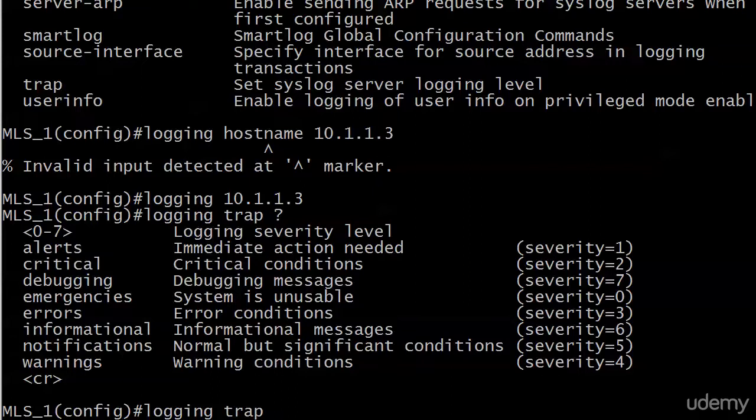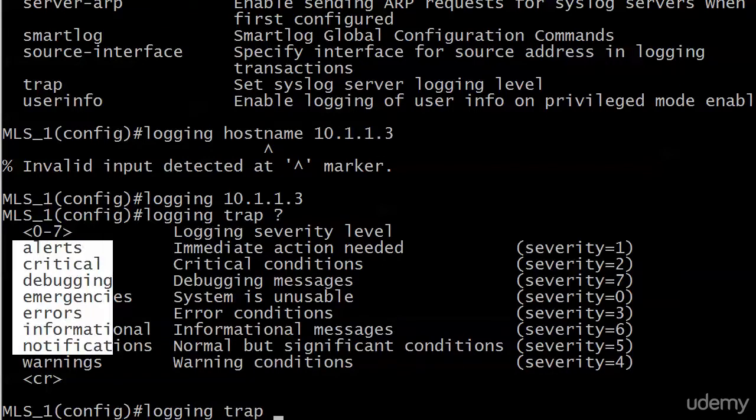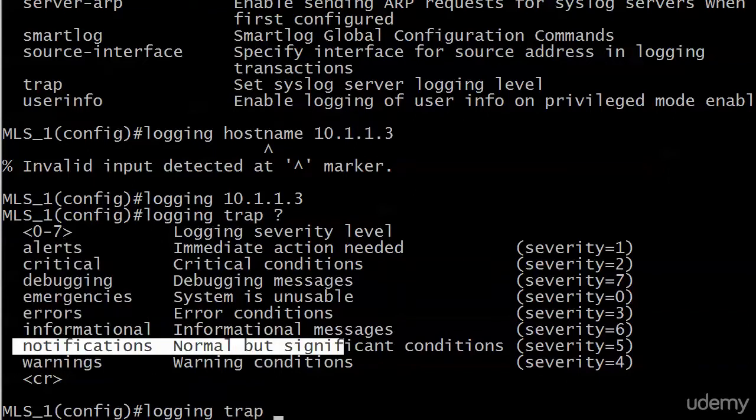Now, the syntax here, again, it's not tricky, but it's just a little odd because you've got severity levels in one place. You've got numbers up here. Then you've got a whole row of numbers over here, and then over here you've got words. Which ones do I use, and what do I need? What do I do if I need more than one level sent to my logs? Well, good news. You only have to enter one line for this, and you can use either the words or the numbers. So if you wanted messages from severity level 5 down sent to your log, you would just need